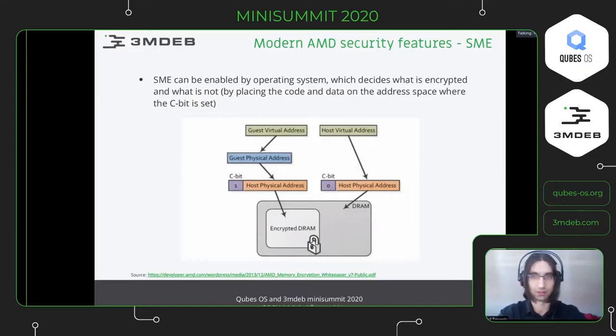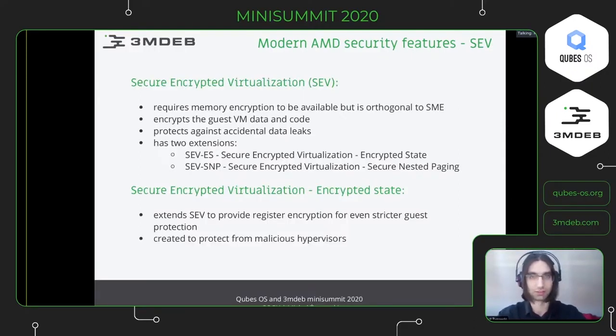Another feature which involves memory encryption is called SEV, Secure Encrypted Virtualization. It is quite orthogonal to SME, though it is required to have SME in order to enable SEV. SEV also encrypts the memory, but it encrypts the memory for the guest virtual machine data and code.